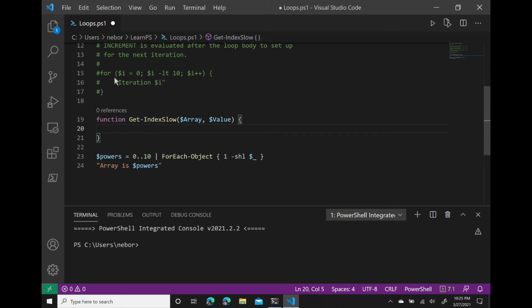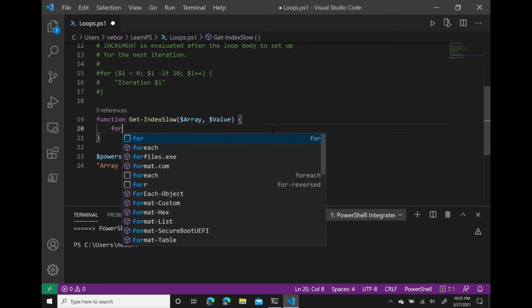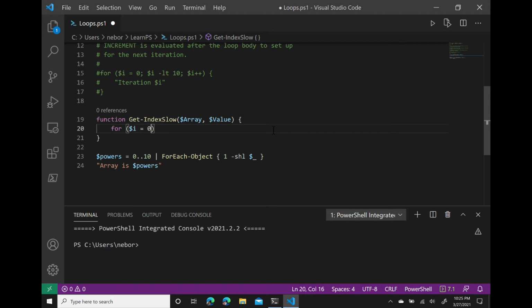We're going to write a for loop, and we're just going to start at the beginning. We're assuming, by the way, that this array is sorted, that each item is greater than or equal to the item before. Since we know the array is in ascending order, if we find a value that's less than the value we're looking for, we know to keep looking. But if we find a value that's greater than or equal to the value we're looking for, then we should stop. So I'll say for i equals 0, starting at index 0, i less than